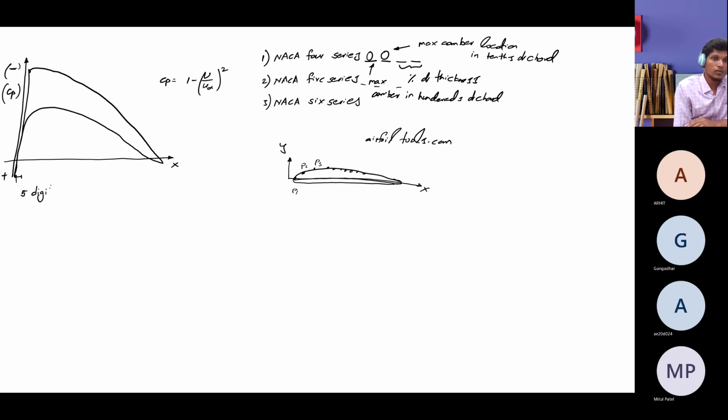if you go for a 5-digit aerofoil, the digits are, let me say, A, B, C, D, E. The first one designates, if you multiply the first digit's value by 3 by 2, you will get the design lift coefficient. By this time, you should understand why this design lift coefficient came into existence in the 5-digit aerofoil, which is not present in the NACA 4 series.